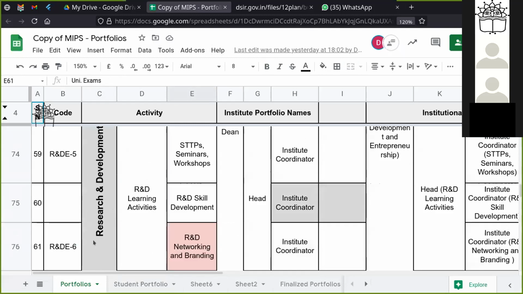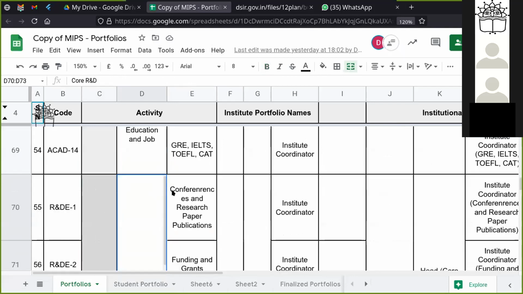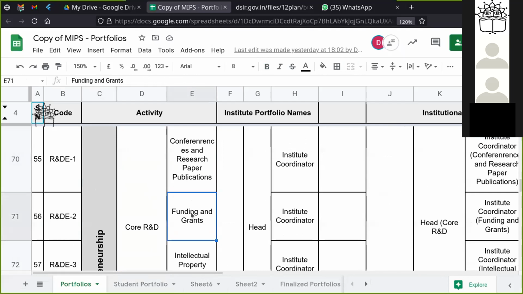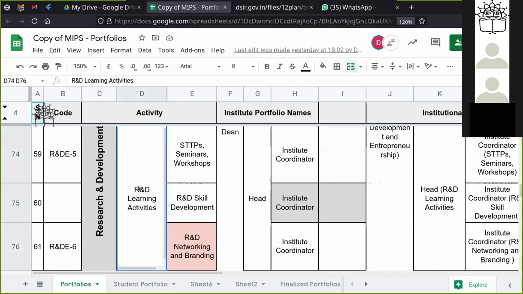We have R&D and entrepreneurship, and here we have core R&D, which consists of conferences and research papers, funding and grants, intellectual property rights and consultancy. The next section is R&D learning activities, where we learn a lot from STTP seminars and workshops, online and conducted in physical mode.